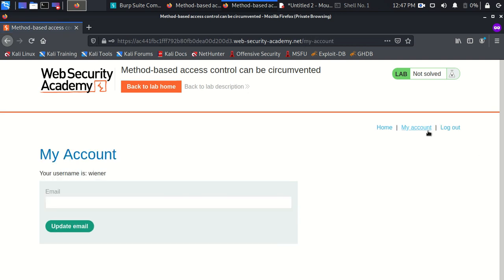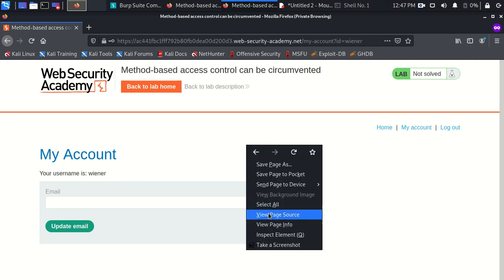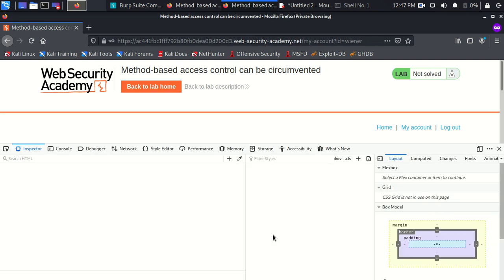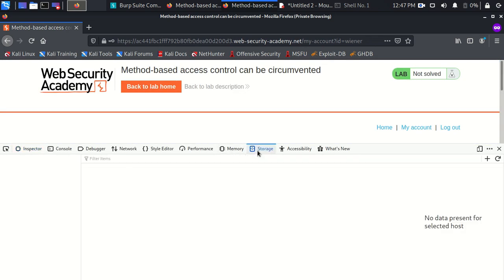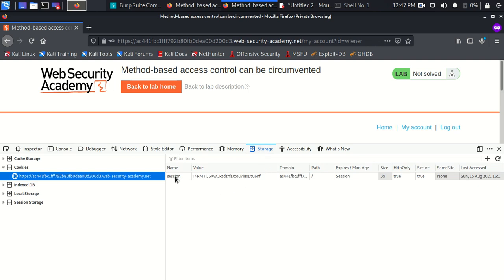Okay, my account. Here we don't have the administrator panel, so we cannot upgrade anything. Instead, we only have an option to update the email. So I will go to inspect element, and this is the normal user. If I go to storage, here I can see my session cookie, right?